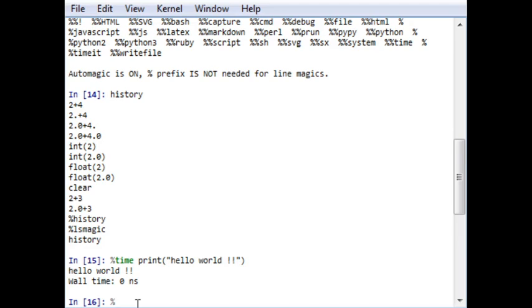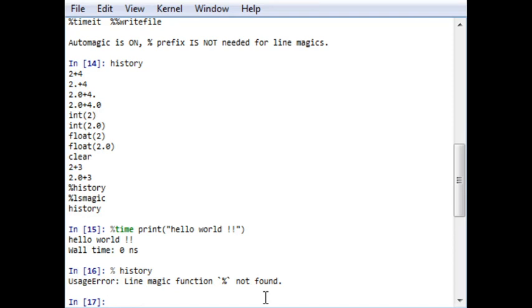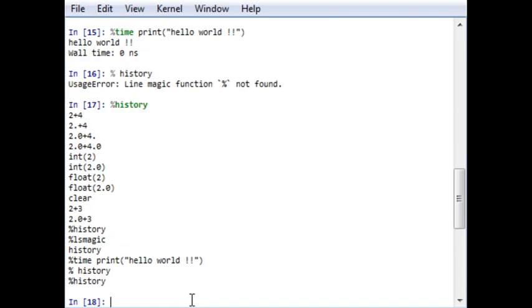Let's now check history again. And you can see the other functions. Oh, sorry, I have added a space in between. One more thing I forgot to mention: Python is a case sensitive language, so be aware that a simple mistake of a comma or a space will give an error.